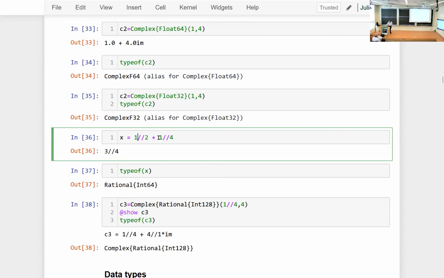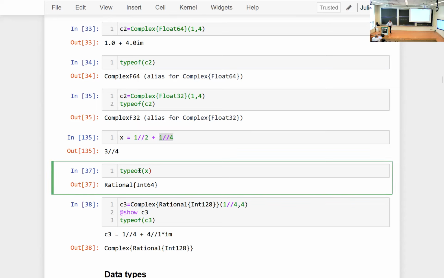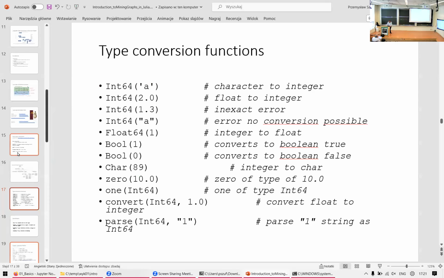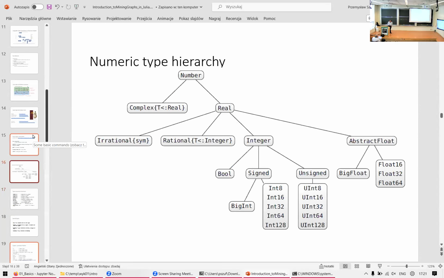You also have, like you might expect with any modern language, support for rational numbers. So you can define a rational number like half plus 1/4, and this is 3/4, and then we can check the type of this, which is rational numbers. So actually, if I then go to the zoo of numeric types,